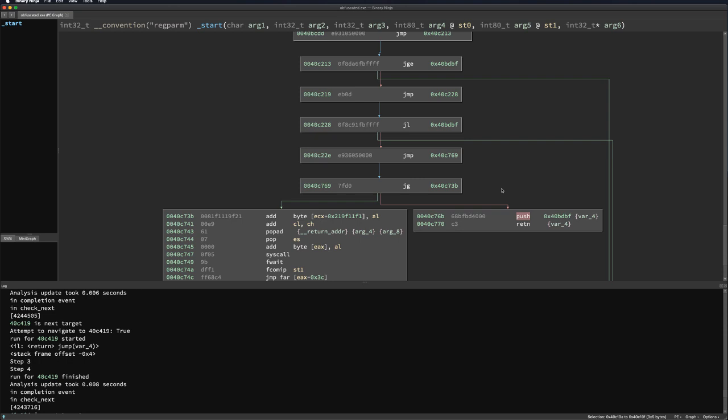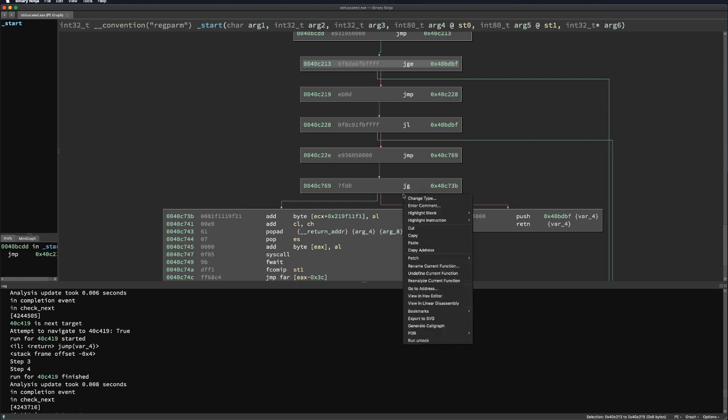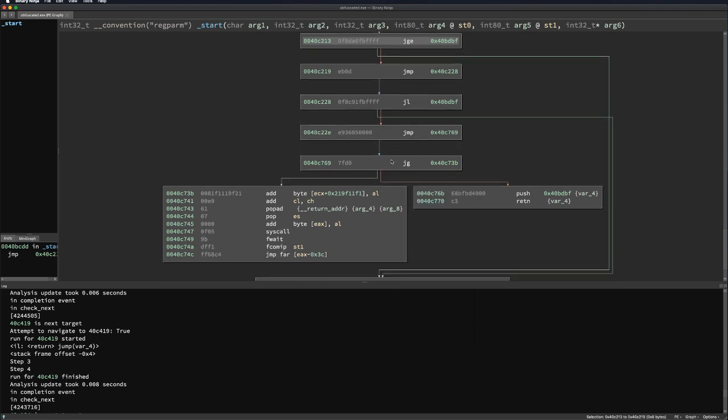Okay, so that was the last patch. So we come here, and normally we'd do a jump. We'd be like, okay, this is our first jump's target. Then come down here and say, okay, this is our second jump's target. Those both go to the same place. And then say, okay, what about the ret down here? Normally this would just be a ret here, but instead it looks like they tried to obfuscate it more. So we need to